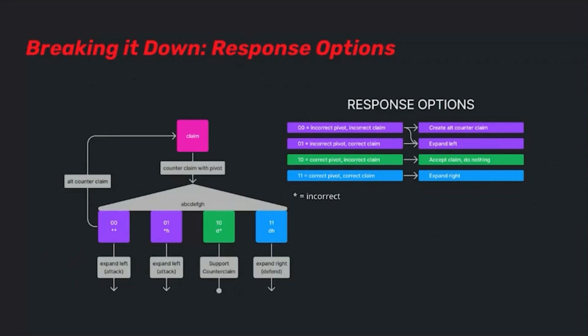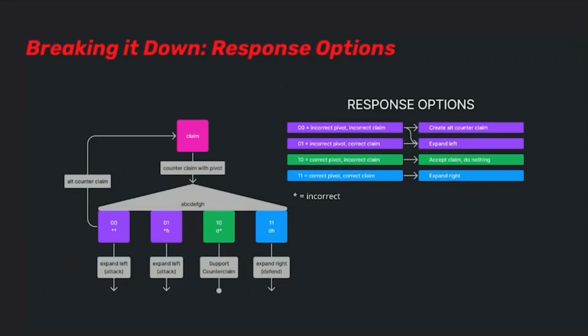And so the third option is that we agree with both of these things, right? We agree with the claim that sits above. We also agree with the counterclaim attached. So we want to expand right to make sure that we don't disagree with this, to find the divergent point in this counterclaim. Because if we agree with this one and we also agree with this one, why would this person have countered it to begin with, right? We still need to go right to find that instruction at which we diverge.